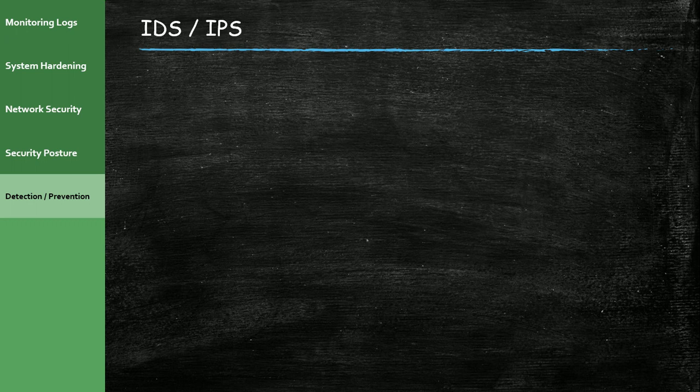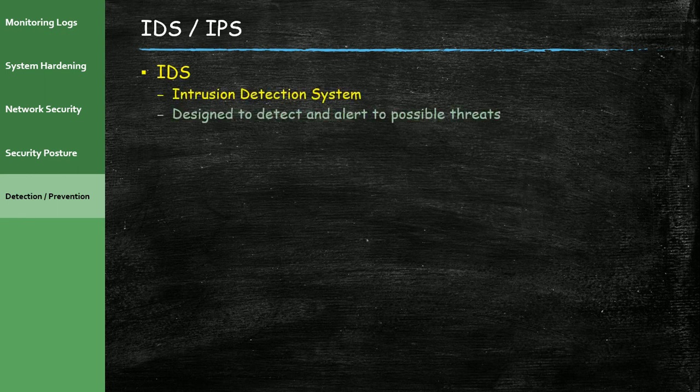IDS and IPS, I mentioned these briefly before. An IDS is an intrusion detection system, which is designed to detect and alert to possible threats. You could take an entire class here at Drexel on intrusion detection systems. It's a little outside the scope of this course to explain how it all works, but suffice it to say